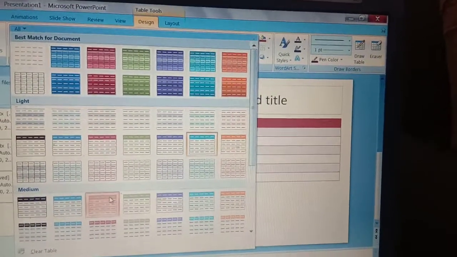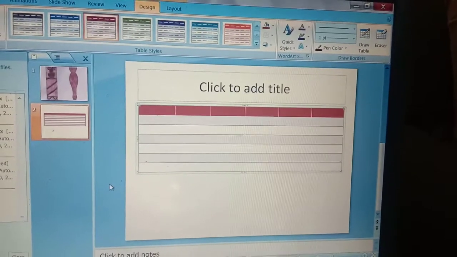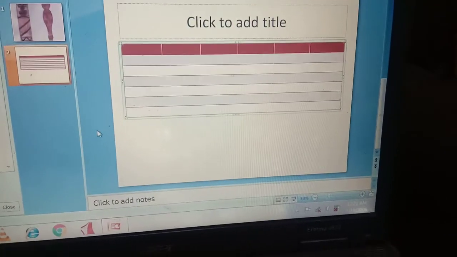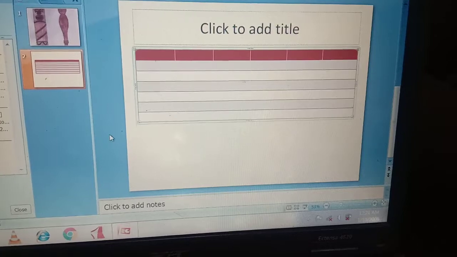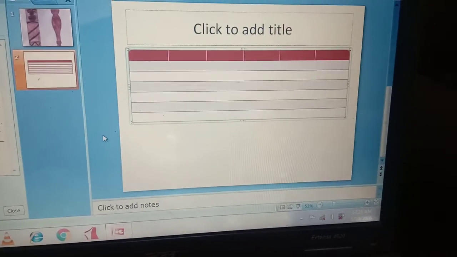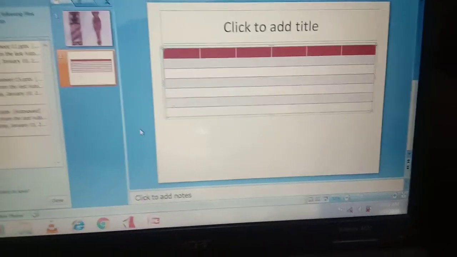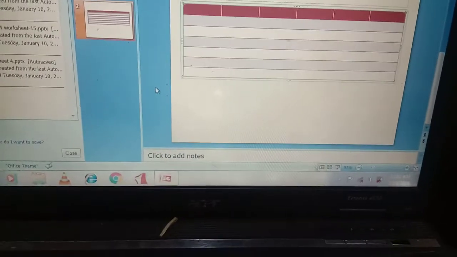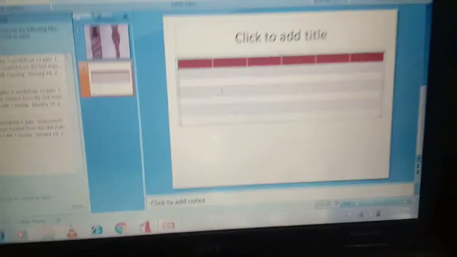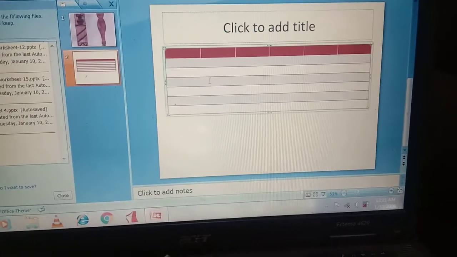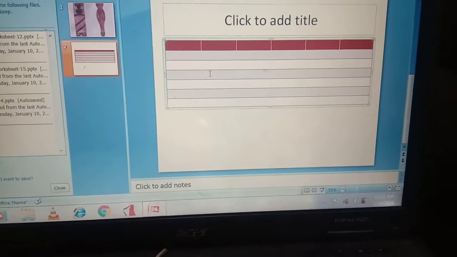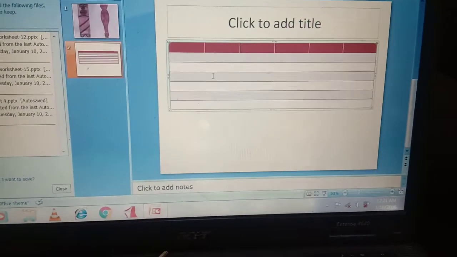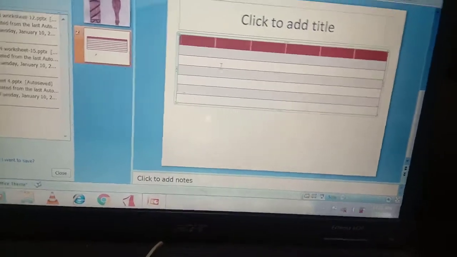So many tools are there to represent your table in a more attractive, more colorful way that will enhance your presentation. So students, this is how you can add a table in a presentation. So we learned about how to insert a table in a presentation.